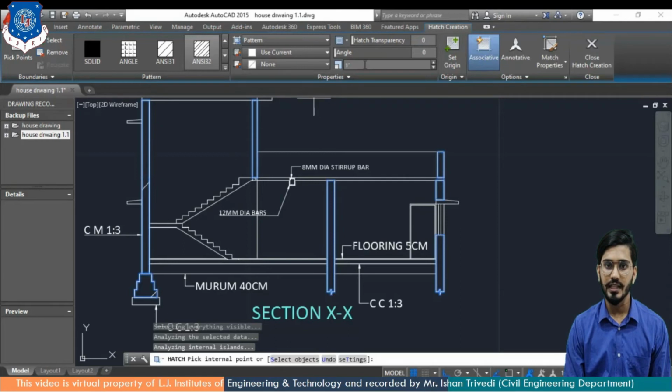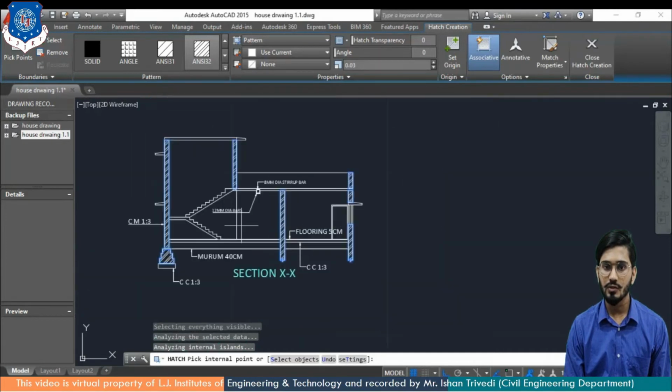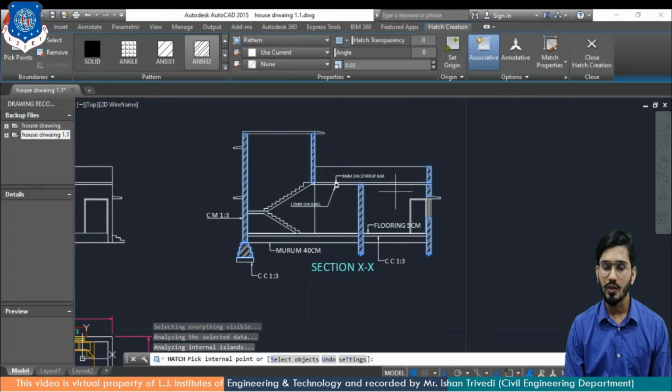So this is how you can select it. Now here the 1 inches is given, so you can see the one line only. You have to clear the spacing of 0.01, which is very close, but in this scale we are going to provide 0.03, which is neither too close nor too far.